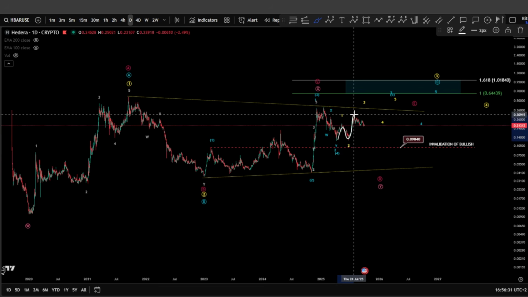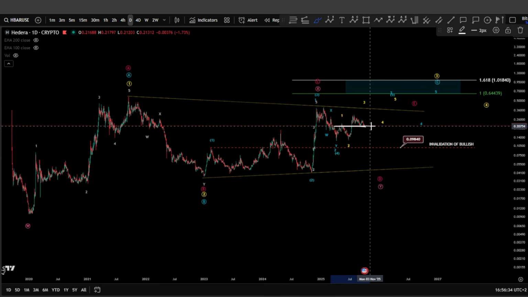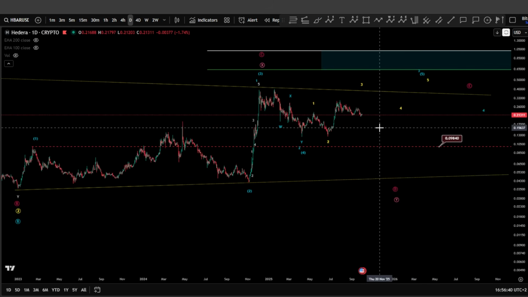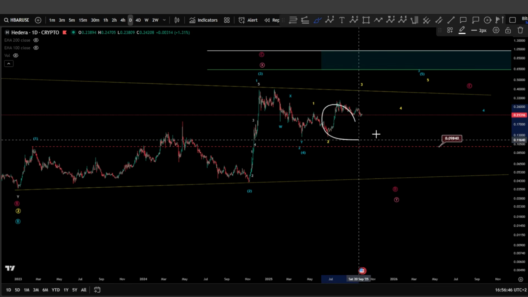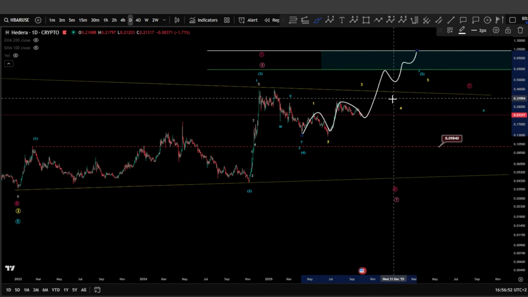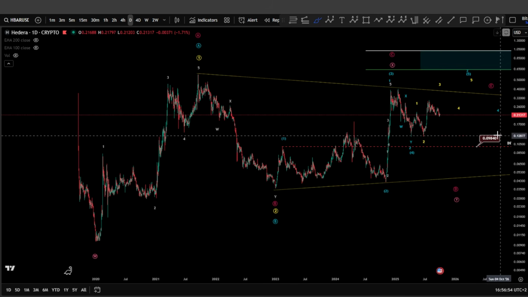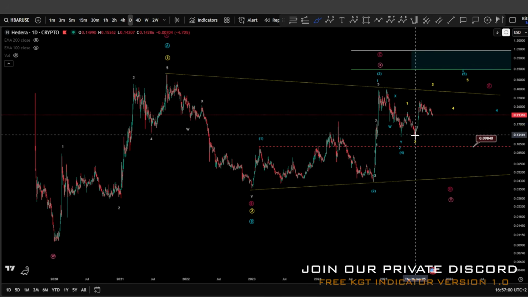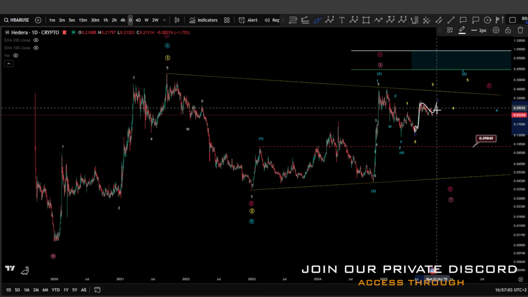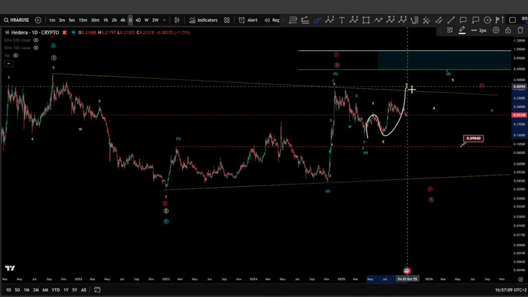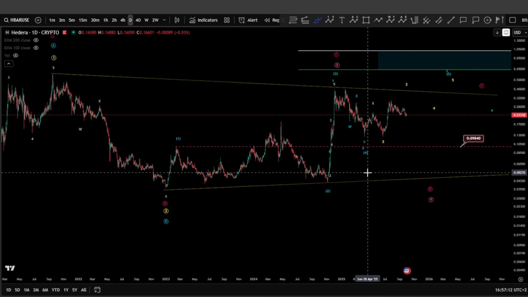We see a 1, 2, 3, and the wave 4 has already interfered so far in this scenario. That means you might be having a 1, 2, 3, 4, and a 5 first on the lower time frame, or we might be in a double 1, 2, and then 3, 4, 5. This is in terms of the bullish scenario. However, on the lower time frame, it is essential to see higher prices finishing at least this impulse 1, 2, 3, 4, 5. If this 1, 2, 3, 4, 5 finishes there for a wave 3, I can consider that there is a continuation for a wave 5 upward.